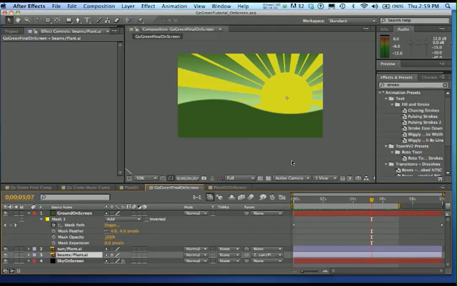I'm going to move the mask points. Okay, step 11. To make the layers look more consistent, and I'll end this one after we do the adjustment layer, let's add an adjustment layer and move it to the top of the timeline. We're going to name it